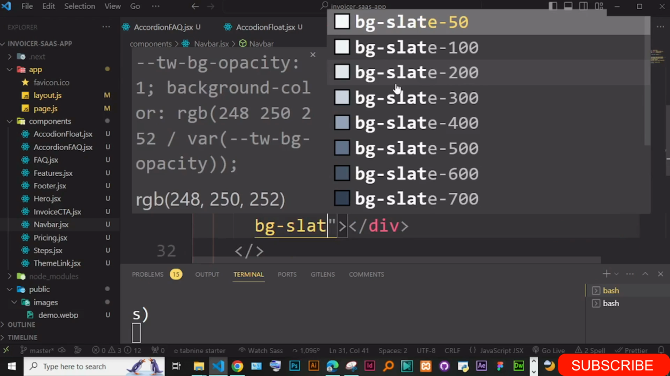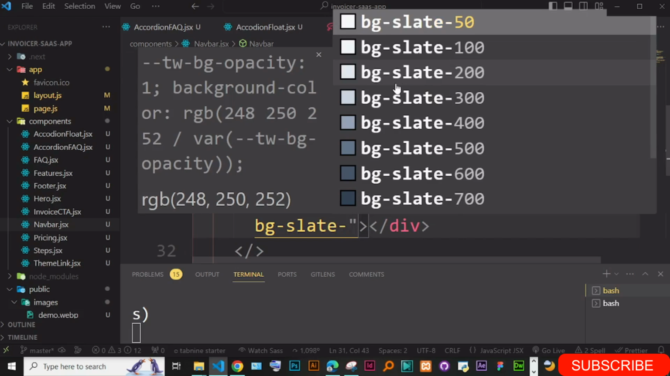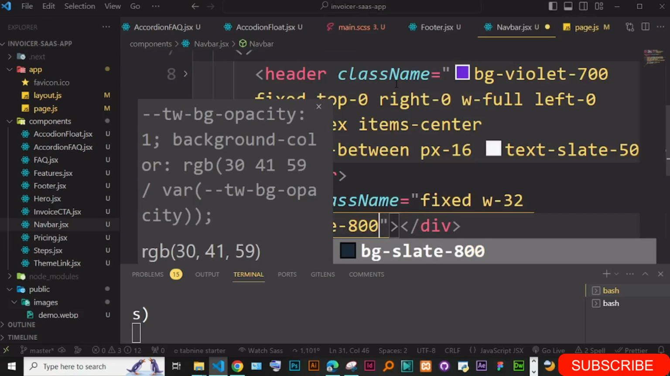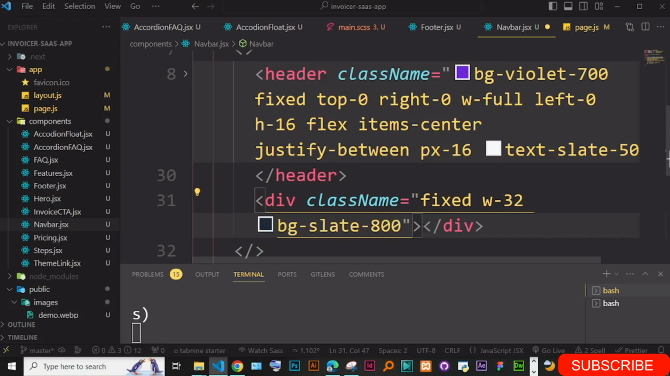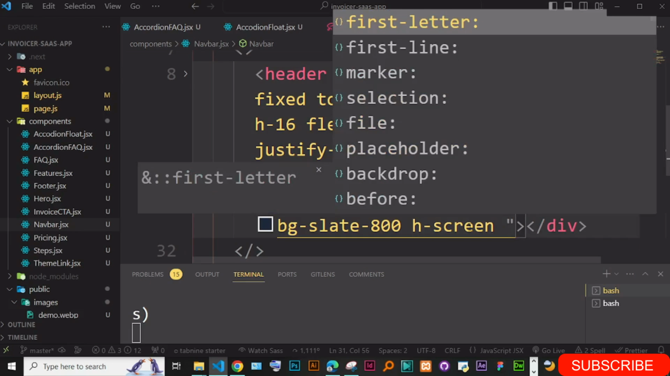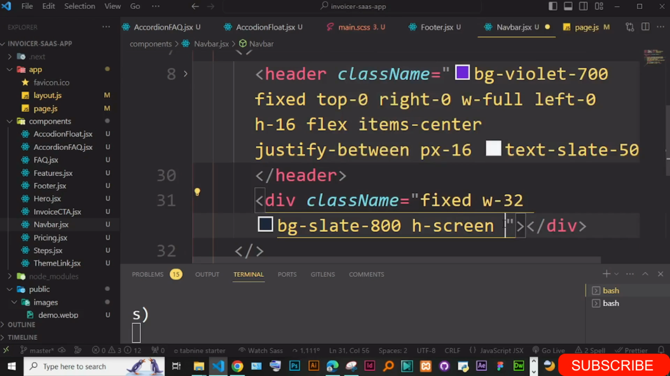Maybe you could just give it a background of, okay, let's first go with black so that we just see what is happening. Slate, maybe 800. Okay, and I'm just going to give it also a height. So if I just give it a height of screen, so just give it 100 VH, and then we can also give it some other things like Z index. So just give it Z index of 50,